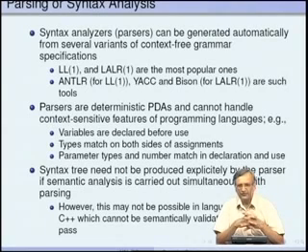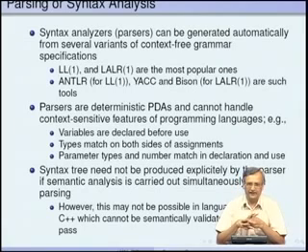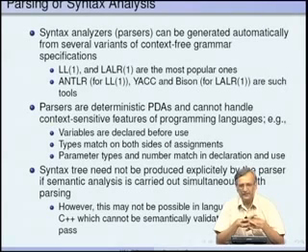Whether the types of the parameters in the usage match the types of parameters in the declaration is a context sensitive feature. This cannot be captured in a context free grammar, and therefore,